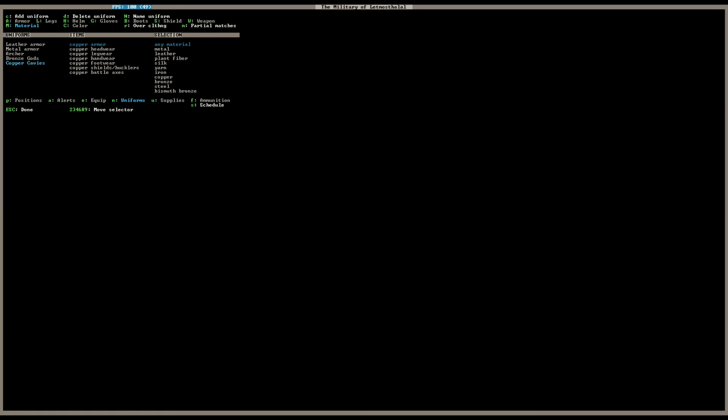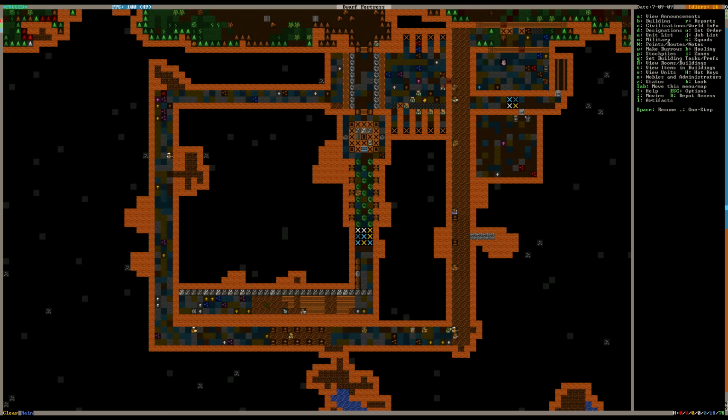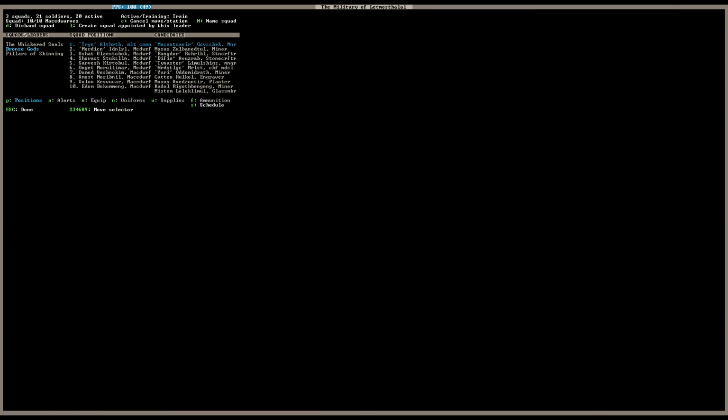Alright, so that, I think, fixes that, right? So now we need to assign that uniform to that squad. So, if we go to squads, maybe? The Pillars of Skinning was the name that was randomly assigned. I think we're going to change that, though. We're going to call them the Copper Cavies. Copper Cavies. And then